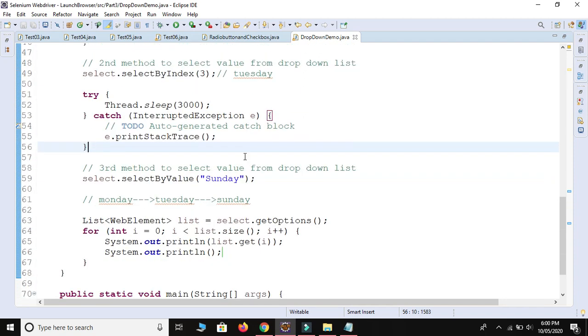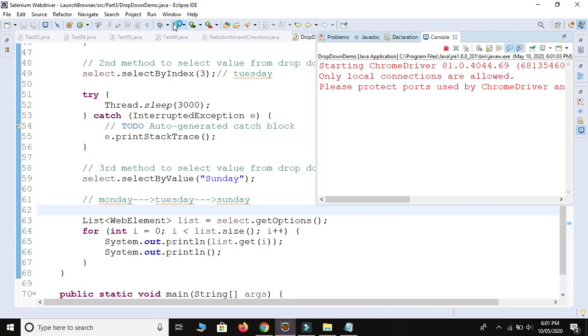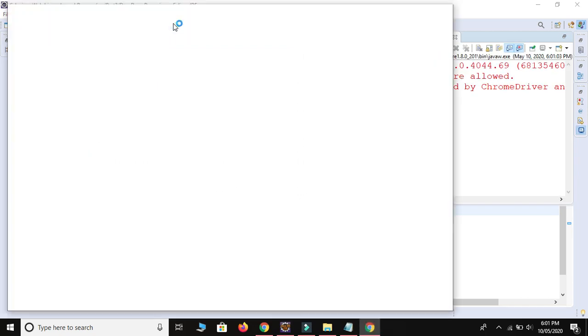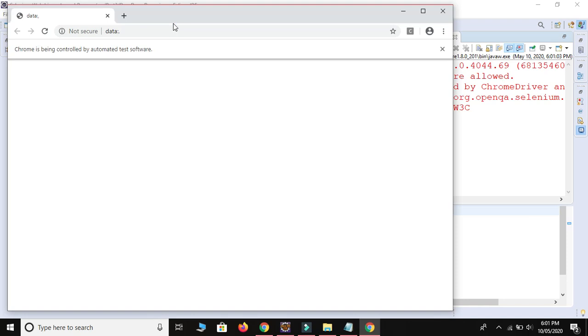So this is the method for selecting one value. After selecting these 3 days one by one, we are getting all the options from the drop down. So let me save and run. It will print each and every option from the drop down on the console.